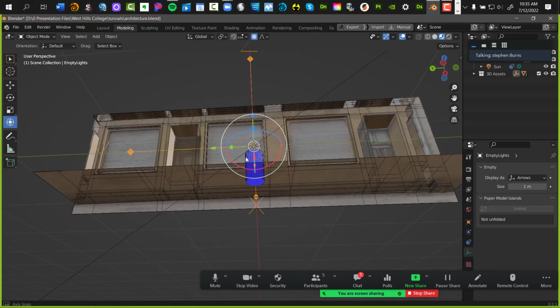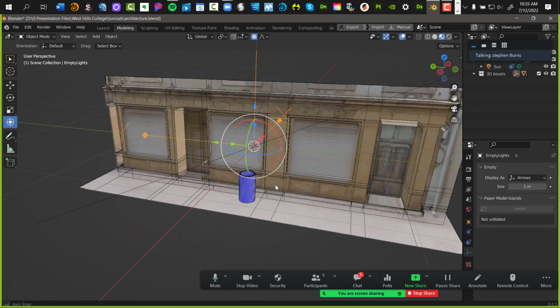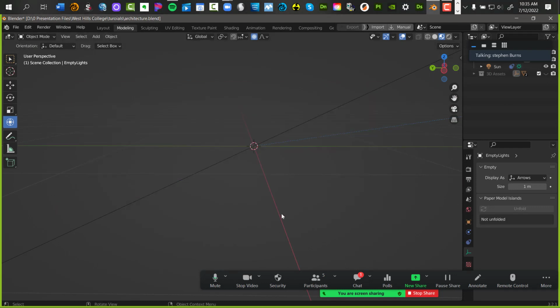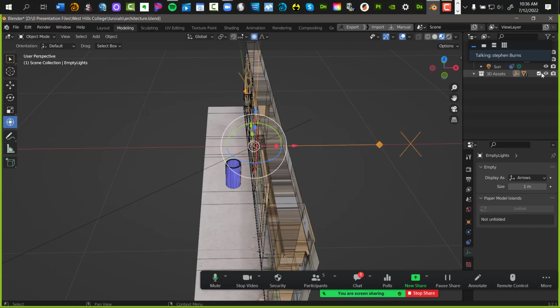Now, what we're looking at is in my way, right? So what can I do? That's right. Excellent. Press the I button. Boom. It's gone. It's out of the way. Now, if I hold my Alt key and left click, or however you want to navigate, you can navigate in here. If you want to, you can turn it on and off just to remember where things are.